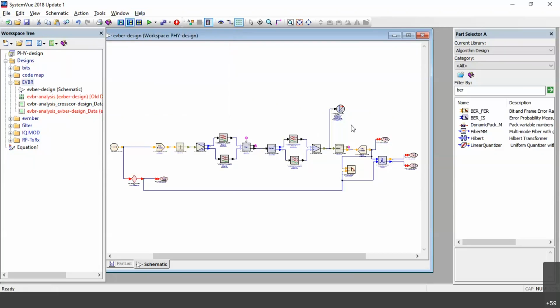Fine. I want you to analyze and tell me the answer for this. For EVM and the bit error, why am I getting an error? I'm getting an error, but I don't know whether you people are getting an error or not. If you're not getting an error, it's well and fine. But I am getting an error, you need to correct me. At least this part. Everything is the same, nothing I modified. I just explained the previous schematic. Nothing extra I did here.